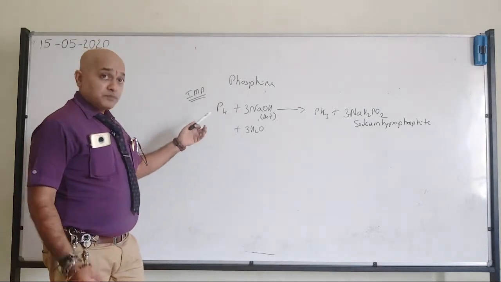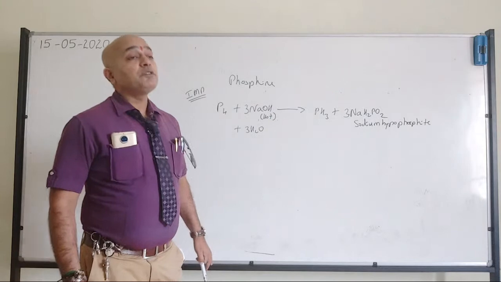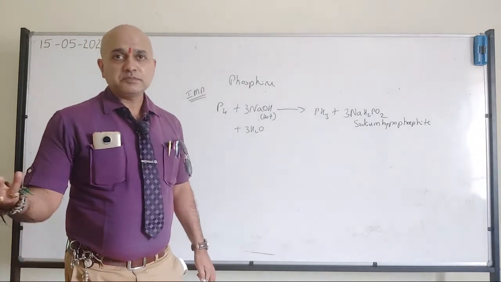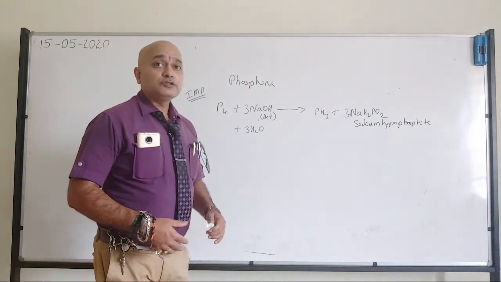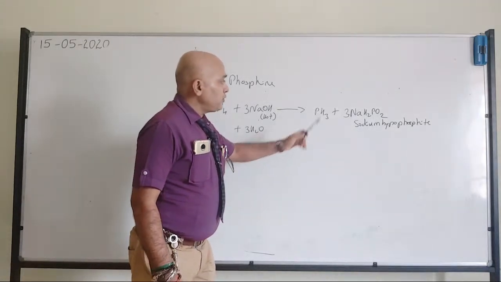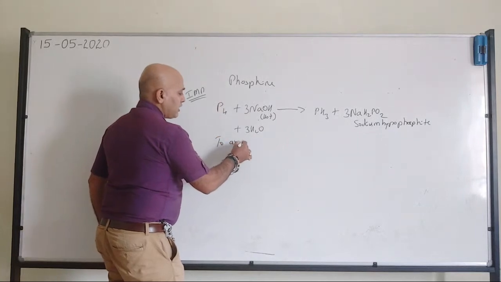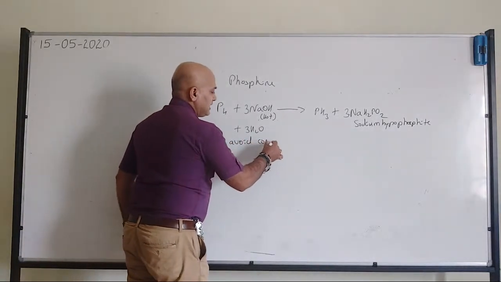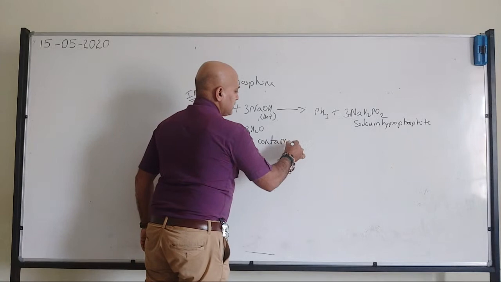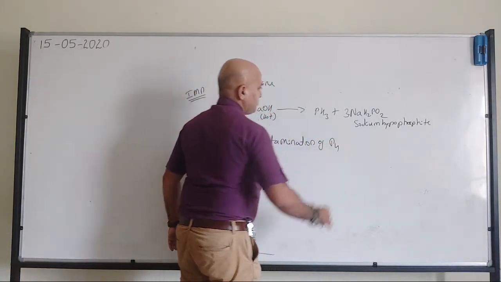Some white phosphorus may not be utilized, so it will be left over. So now it will become flammable when exposed to the atmosphere. So to avoid the contamination of non-reacted P4, to get the pure form of PH3,